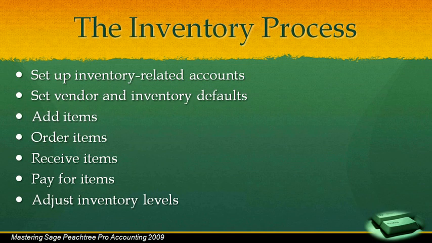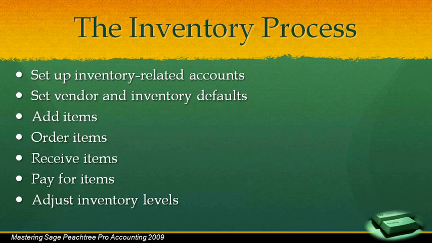If you are a product-based company, then we have to go through the next few steps. You need to order the items, then you'll receive the items, and then, unfortunately, you also have to eventually pay for the items. As time progresses, you probably will also need to do physical inventory. Unfortunately, things aren't always perfect, and so the computer says we should have a certain number of something, but when we actually go to the shelf and count, we don't have that number. It could be because of theft, it could be because of spoilage, or maybe something broke, but in any event, you do have to go and adjust the inventory levels at a fairly regular basis,